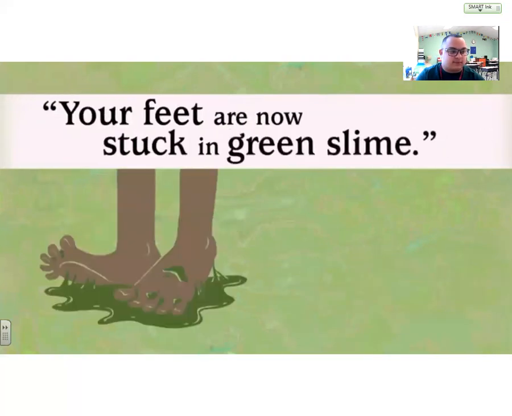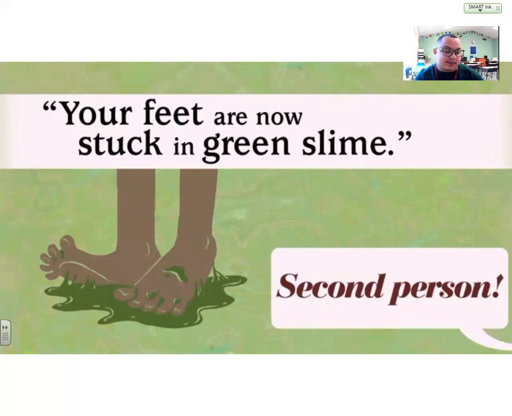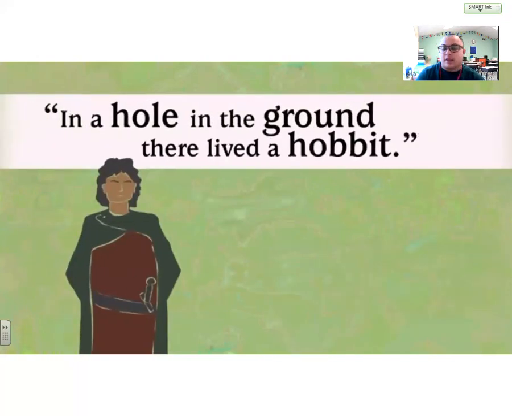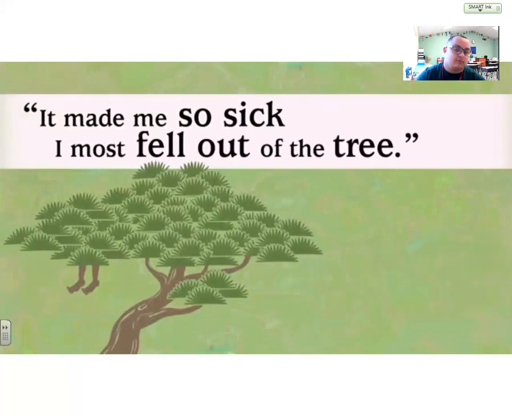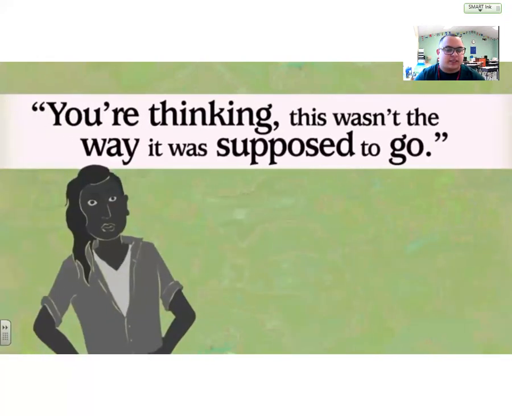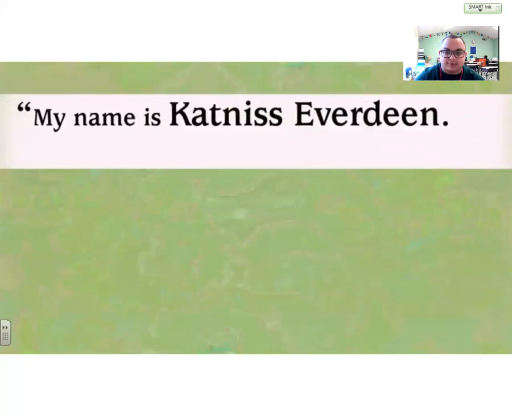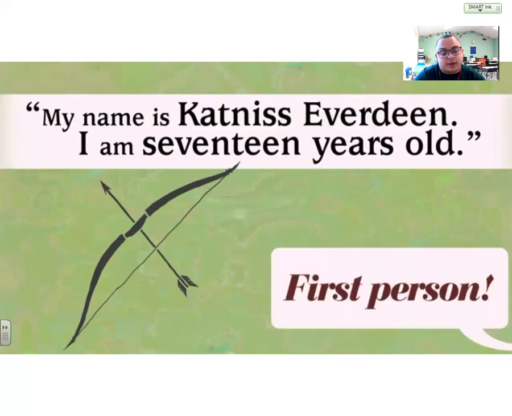Your feet are now stuck in green slime. That's Second person. In a hole in the ground there lived a hobbit. That's Third person. It made me so sick I almost fell out of the tree. That's First person. You're thinking this wasn't the way it was supposed to go. That's Second person. My name is Katniss Everdeen. I'm 17 years old. That's First person.